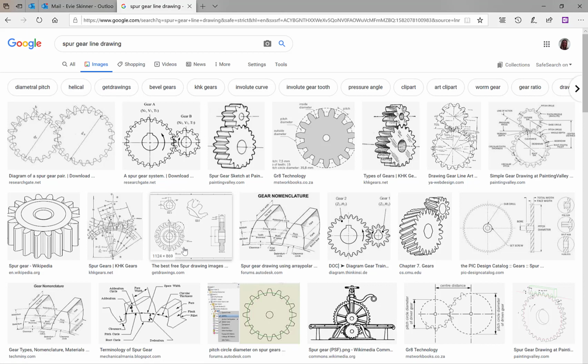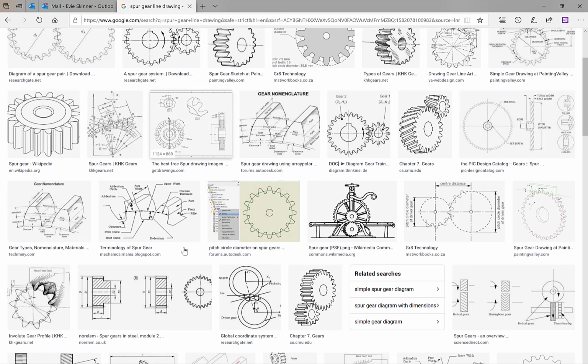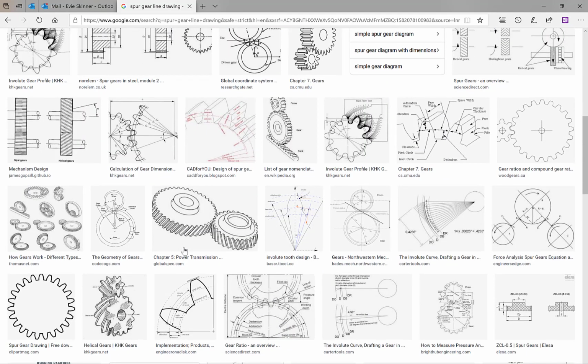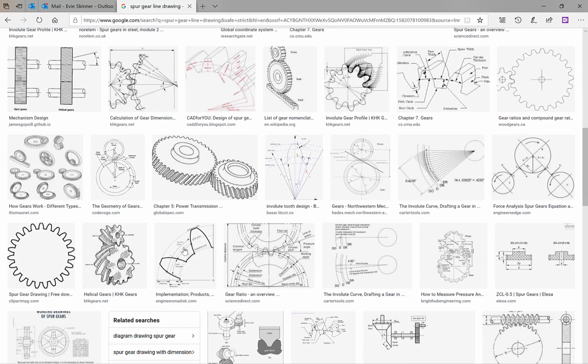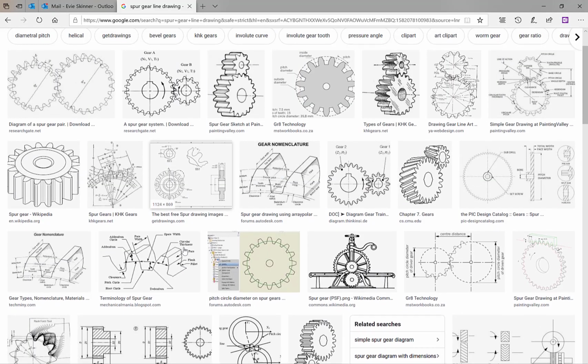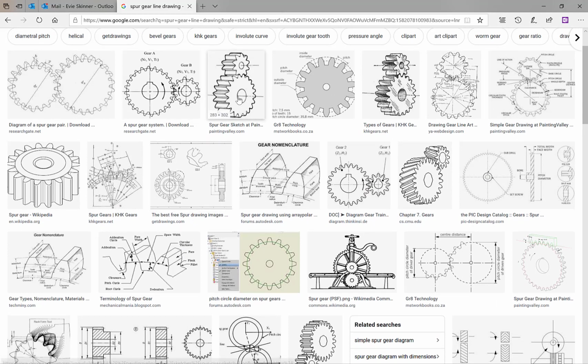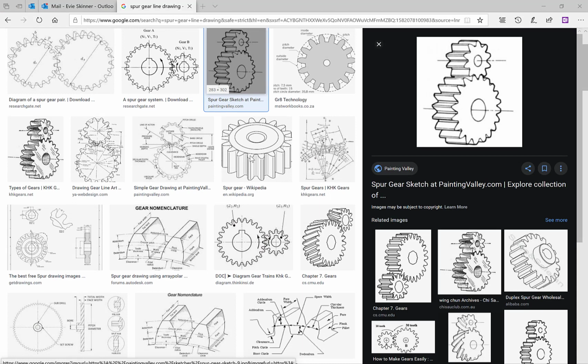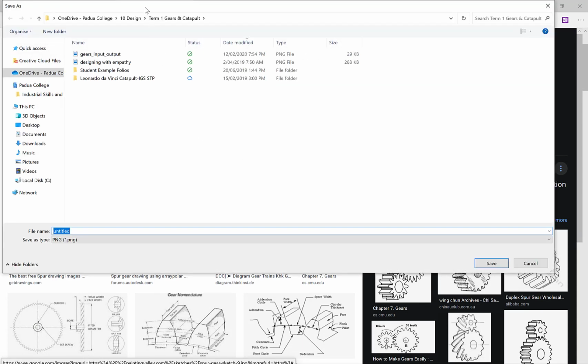Let's say looking for a good example of a spur gear. One might be okay. So I'll save that picture into our Year 10 Gears and Catapult file,